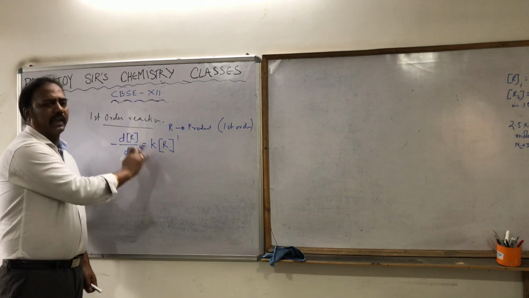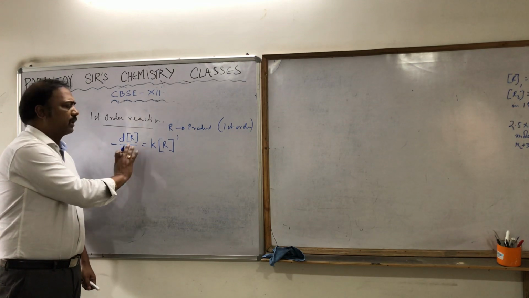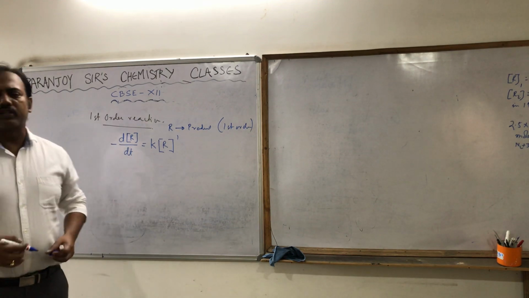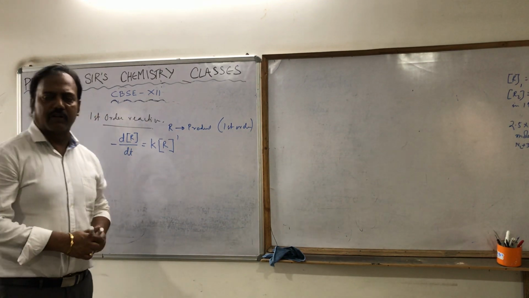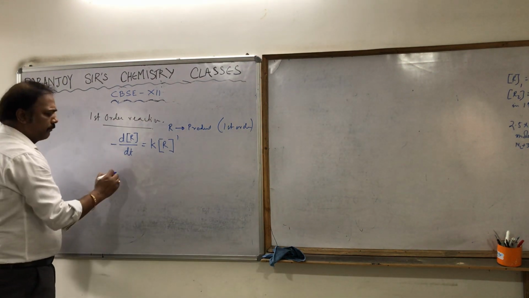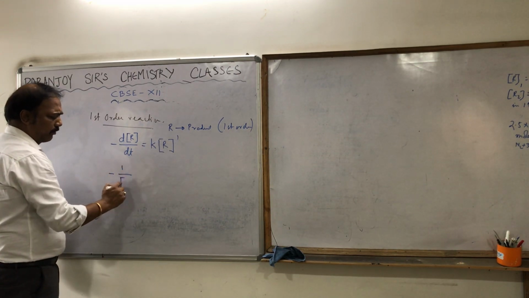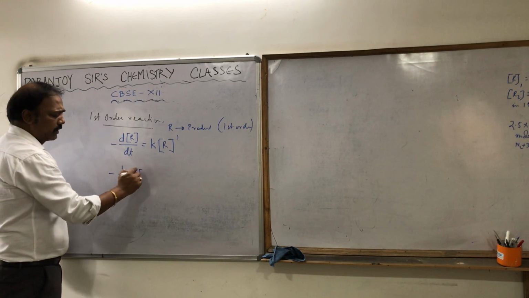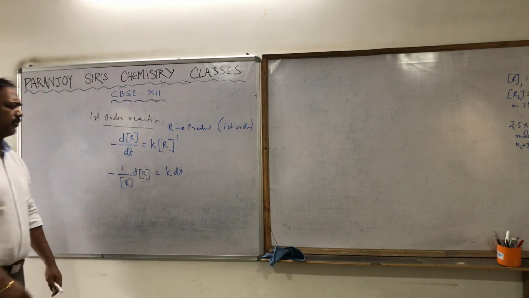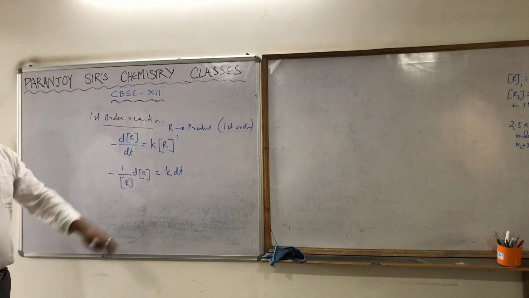I am saying again that this much is your chemical knowledge, the chemical concept: how to write down the rate expression for a first order reaction. We wrote it. Now from here we are going to derive the expression of K, which is a little bit of mathematics. So what do we do here? Simple. The R we bring to this side: 1 by concentration R dR equal to K dt. We can write it as minus 1 by R dR equal to K dt, just by rearranging.